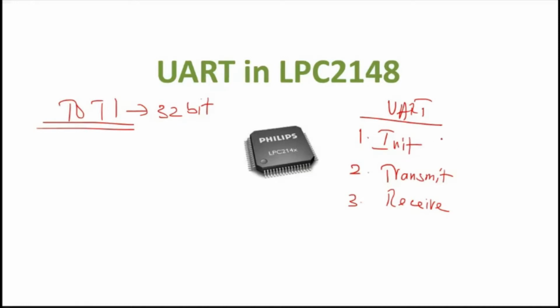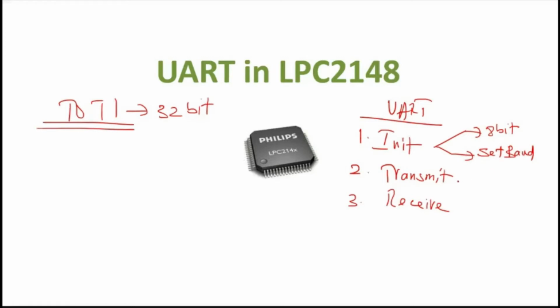How do we initialize UART? Initializing UART means you are going to set the word length of UART data, whether you are using 8-bit UART or 9-bit UART, so on and so forth. The second important thing that you wanted to do in UART communication initialization is how to set the baud rate. What is the speed at which you want the serial communication to work? So these are the two important things that we did in initializing the UART.